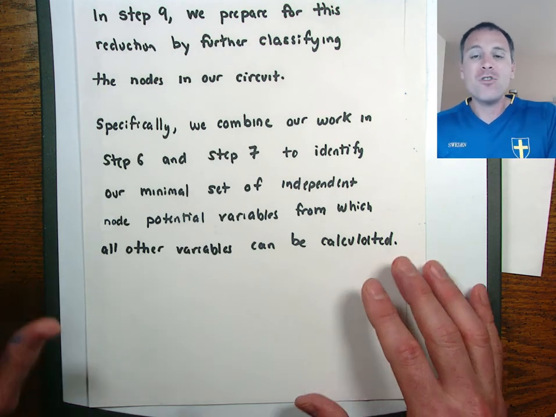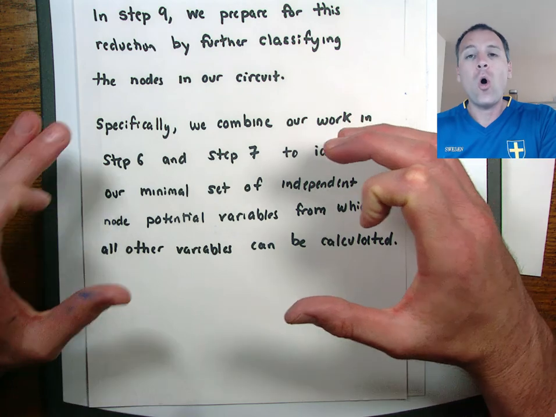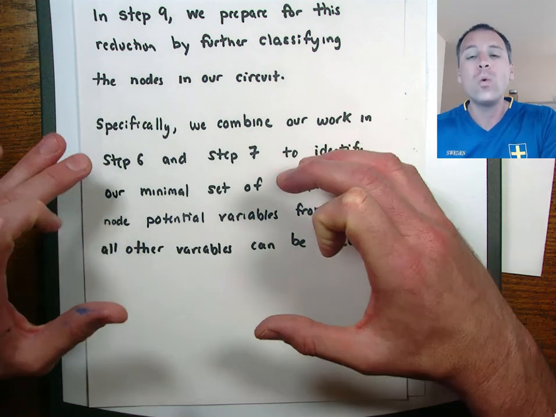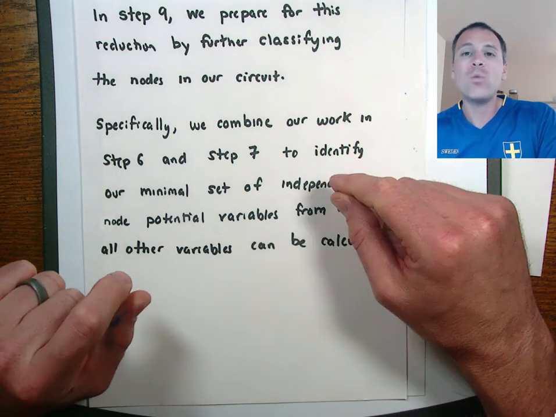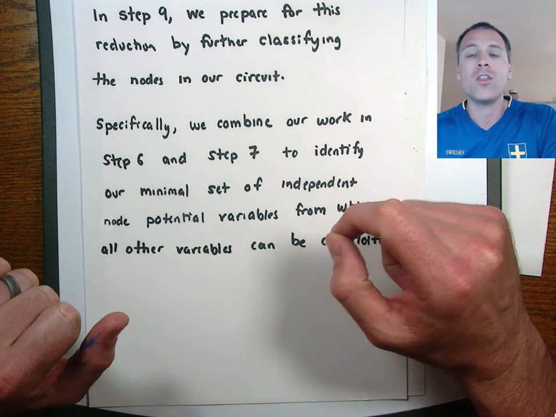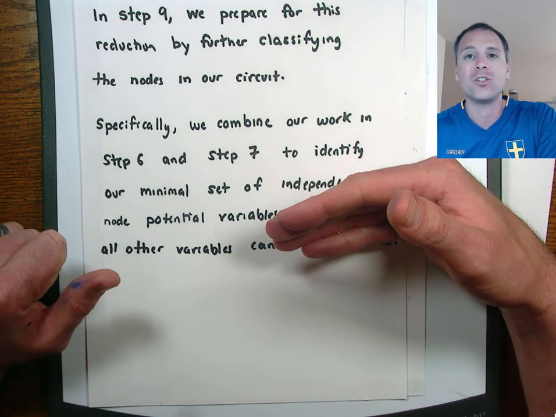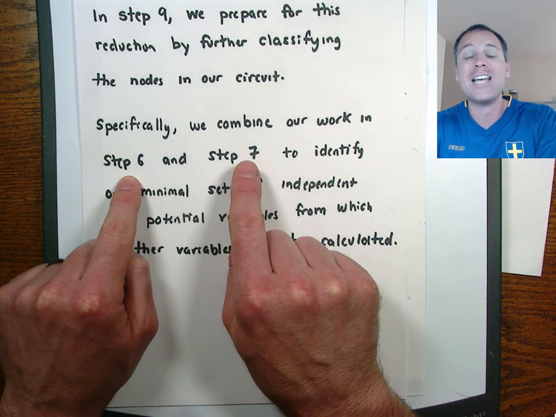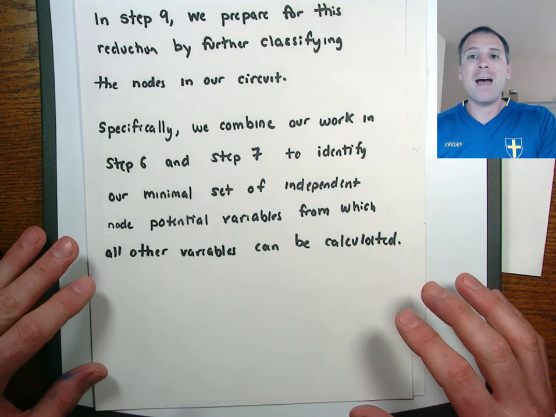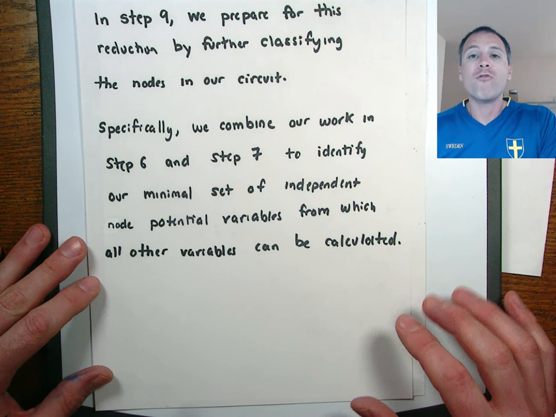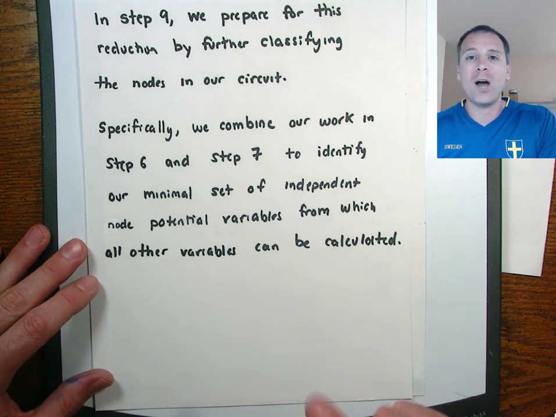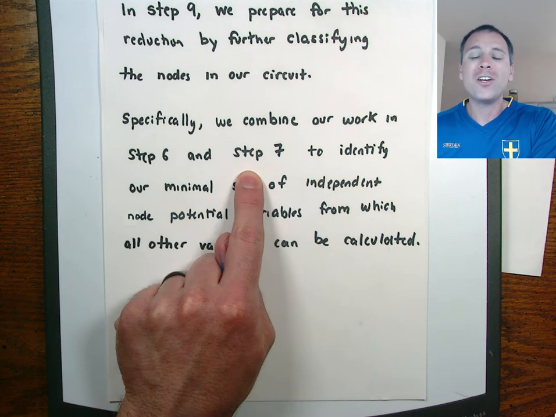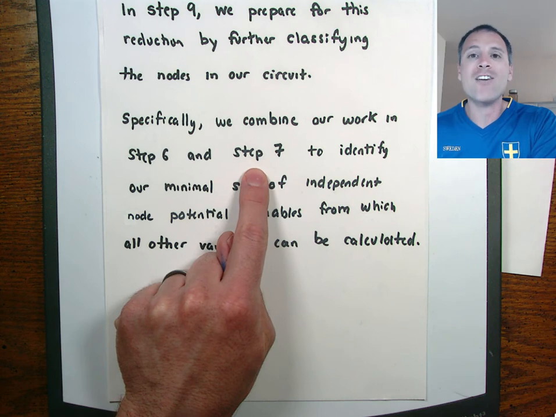Specifically, if you remember in step 6, we did all of the analysis of the types of independent node voltage potentials that came up with reference only to the voltage sources. In step 7, we talked about how we could eliminate a ground node. In other words, we could get rid of one independent voltage potential because we could set the ground node to 0. What we haven't done is figured out how step 6 and step 7 can be combined to get down to that minimal set of node voltage potentials from which all other circuit variables can be calculated. With that in mind, we're going to refine the definitions that we gave in step 6 to incorporate the information that occurs when I ground my circuit.